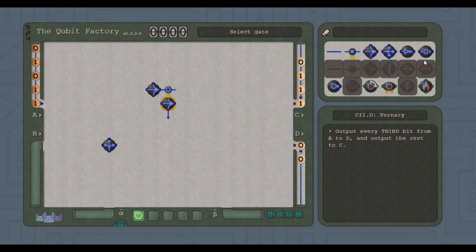I think that's easy. So first, we 0 the input, so we know it'll be 0. And then we do like this,